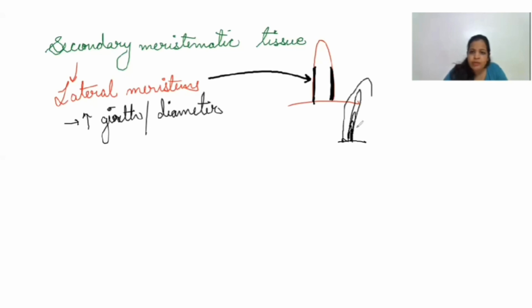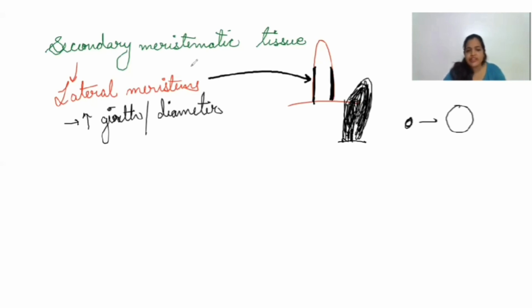Now it has become quite broadened. And it has become quite woody, brownish structure. Now the main stem is not green anymore. It becomes woody. This kind of thing seen is due to the lateral meristems, because if you see the initial diameter of a seedling, it will be very small, but when it grows, it becomes large. If lateral meristems are acting on it, it will increase the diameter or girth of the plant. Clear? So in detail about these secondary meristematic tissues, how secondary growth is done, we'll do later.